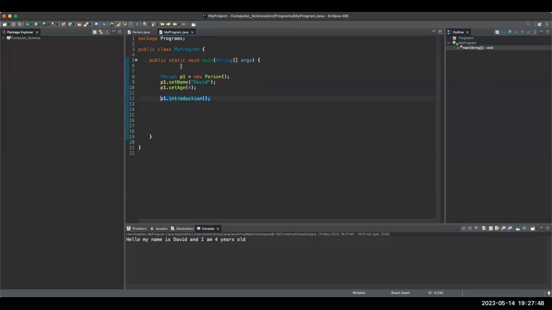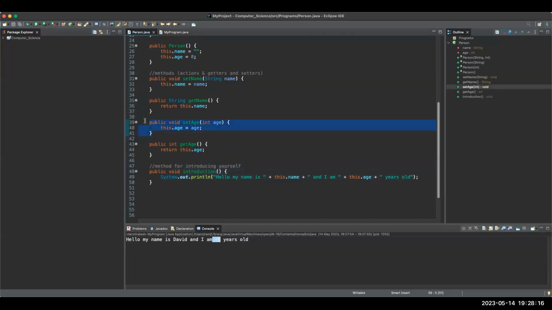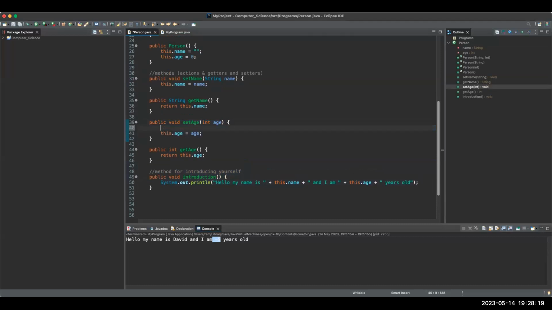Now, the thing is that I could pass in like -5 here, and suddenly in my world of people object, that makes sense because I'm able to print it out. So we want to somehow be able to bind people and basically say that you shouldn't have an age that's negative, right? And this is where I can come over here in the setter. This is why the setter is important. I can come in the setter and I can say, if the age they pass in is less than 0,